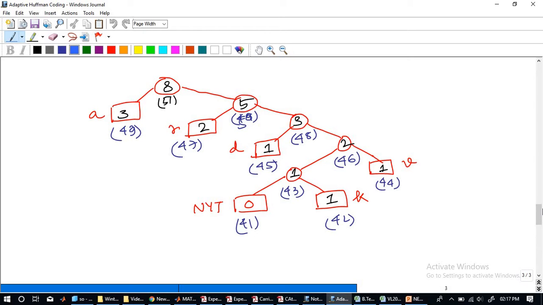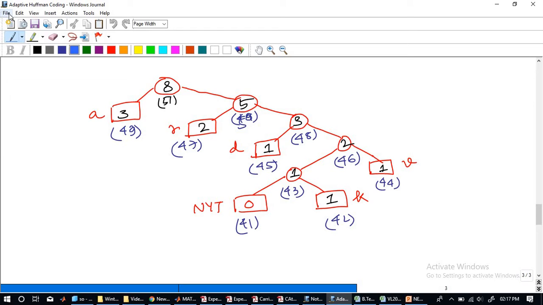But this is only the update process. Now we have to encode it. Encode means that for each and every letter, we need to make sure there is a 1 and 0 pattern, a code word, which is generated. So now we have to find how this code word is generated. This is a new task, so let us go ahead with that.